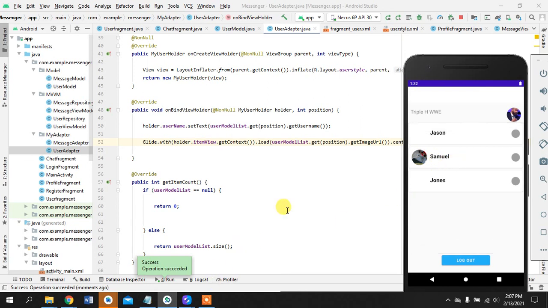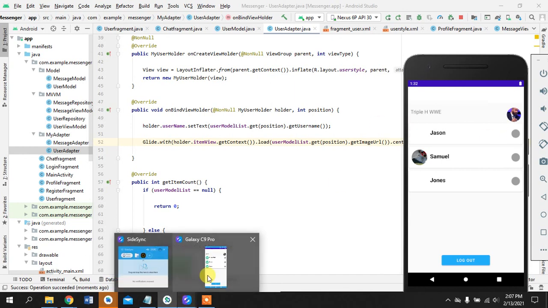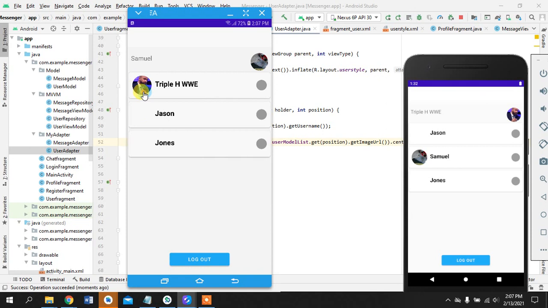But now in the next tutorial, the images are being displayed. Let's work on the status. So for now, Triple H is being shown in here. If we upload the images of Jason and Jonas too, we will be seeing those images. But the status, because right now Samuel is online, but we cannot see it here, right? So let's work on that in the next